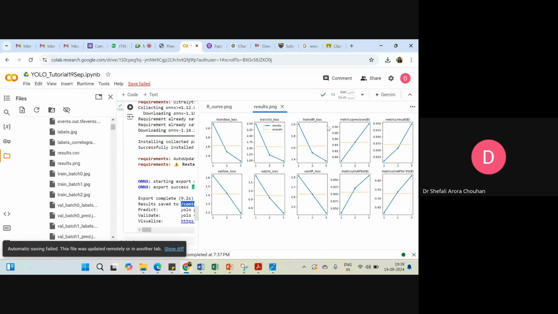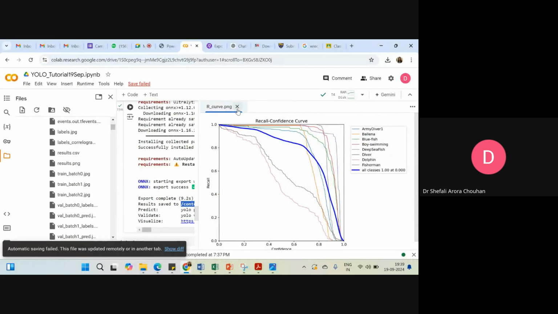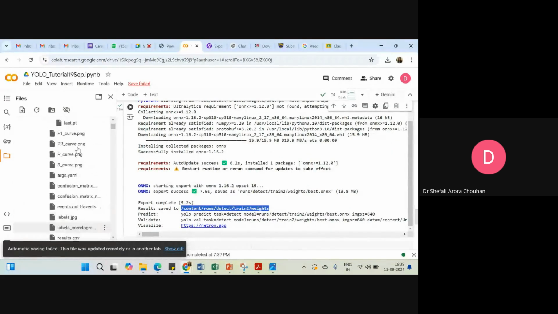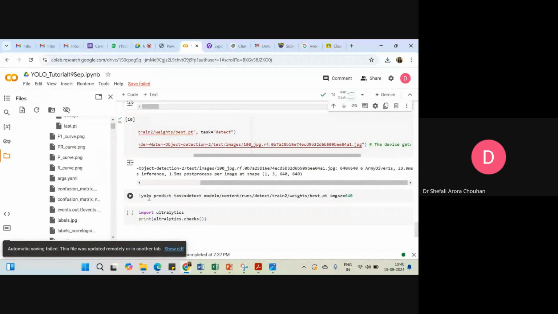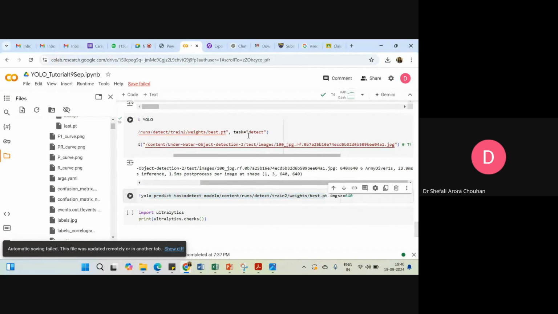The classification loss, the precision, the recall, the MAP 50 value, the MAP 50 to 95, you can get all of that in a graph from this folder. You can save the weights, the best.pt weights. Now here what I'm doing is, either you use the predict option, or there is another model.predict method where you can also